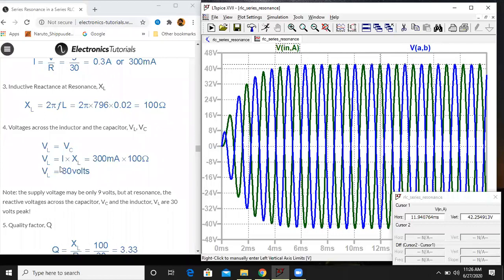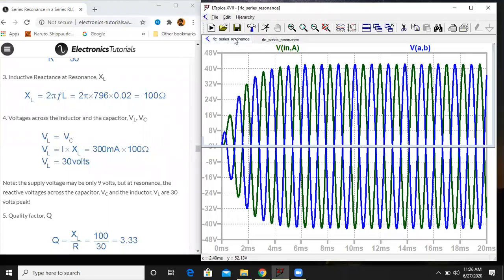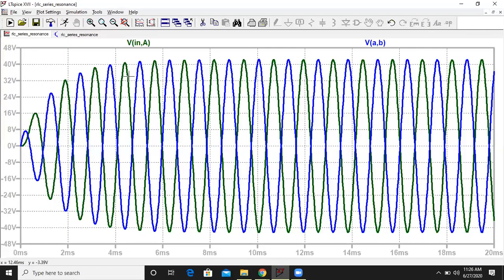And let me see here, in the solved numerical they have calculated 30. This 30 is an RMS number. You have to multiply it by √2 to convert into peak. So here I'm getting 42.42 with a calculator. With a calculator, the voltage across the inductor and the capacitor is 42.42, and here in LTspice I'm getting 42.25. Is this point clear, everyone? Are the measurements okay? Okay, good.